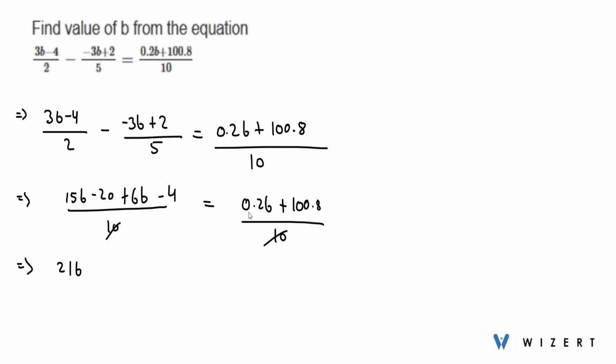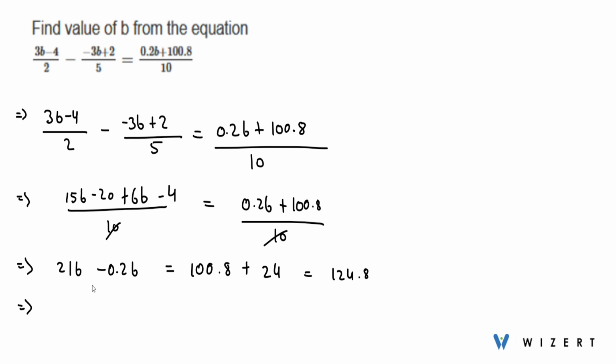Shift 0.2b to the left hand side, so it will be minus 0.2b, which will be equals 100.8, and shift all the constant terms from the left hand side to the right hand side. So on the left hand side we have minus 20 minus 4, which is minus 24. It will become plus 24 when shifted to the right hand side. So 100.8 plus 24 is equals 124.8,